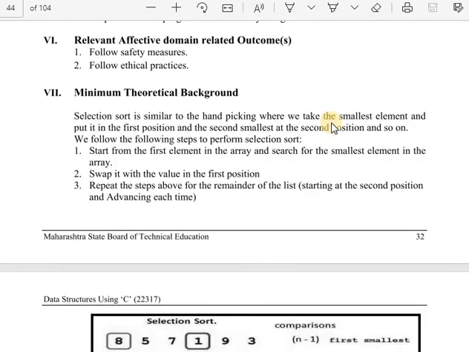The minimum theoretical background says that selection sort is similar to hand picking, where we take the smallest element and put it in the first position, the second smallest at the second position, and so on. The following steps perform selection sort. Start from the first element in the array and search for the smallest element in the array. Swap it with the value in the first position. Repeat the steps above for the remainder of the list,